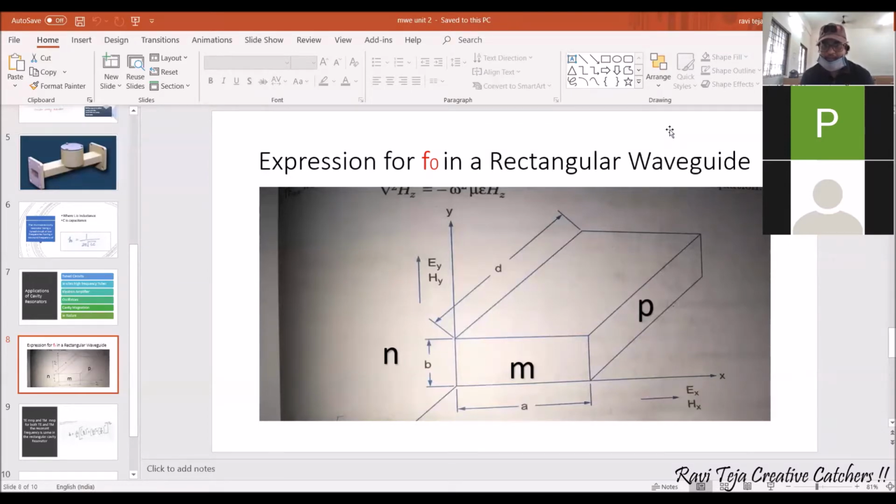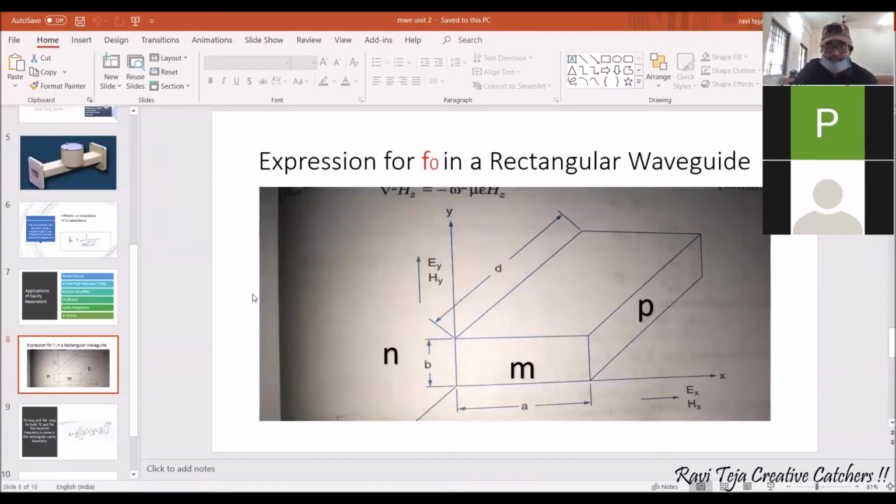In the first unit there was only M, N. And here in cavity resonators we have M, we have N and we have P. Where M is considered as the width of this rectangular waveguide, which is denoted by A, and N can be considered as the thickness or the height of the waveguide, which is denoted by B, and P can be considered as along this way, the distance or the length of the waveguide. So always remember, in a cavity resonator, along with the modes TE or TM, we will be having three propagation modes, that is M, N and P.